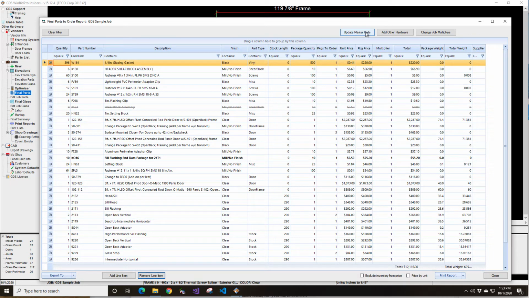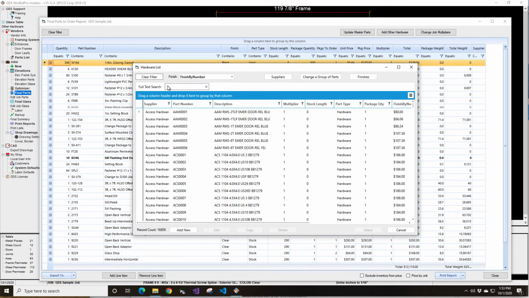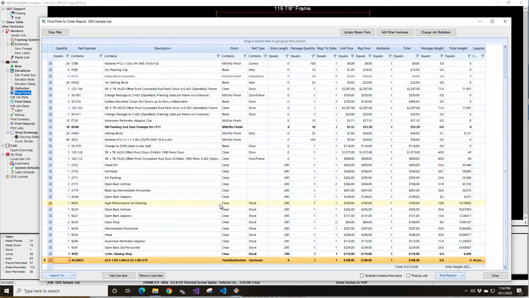And then another thing you can do is add hardware. So there's a separate list in the GDS software, and this applies to all catalogs. So this is kind of like the glass list, glass table, where it's one list of glass that applies to any manufacturer that you're using. Same thing goes with this hardware list. And there's a bunch of pre-populated parts from Access Hardware, and you can actually pick something from here and select it, and it will add that to your